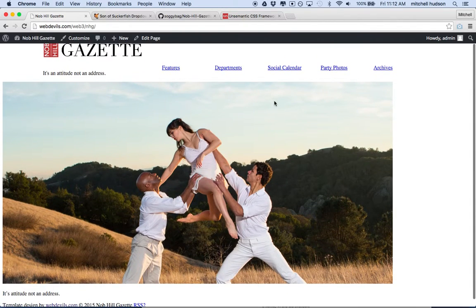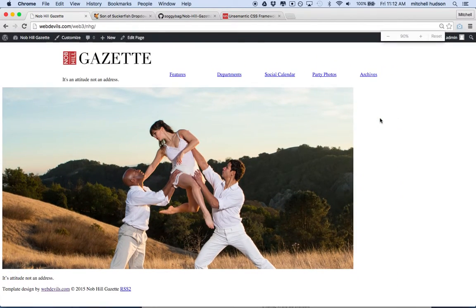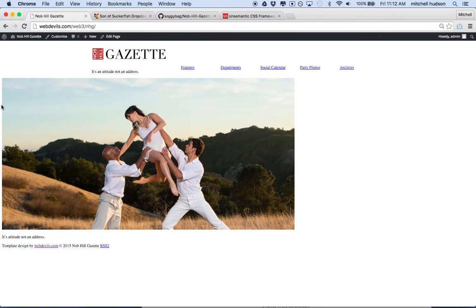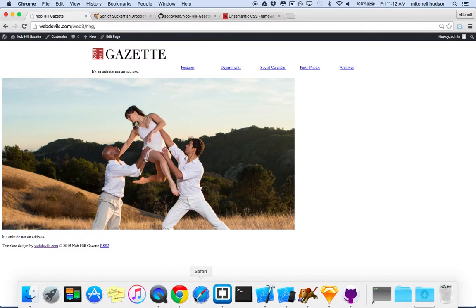Right now, the image, as you can see, if I zoom out a little bit here, is kind of all the way on the left side of the page. That's because we've used the grid system here on the header for the logo and the menu, but we haven't applied the grid to the rest of the page. Now, the grid works by